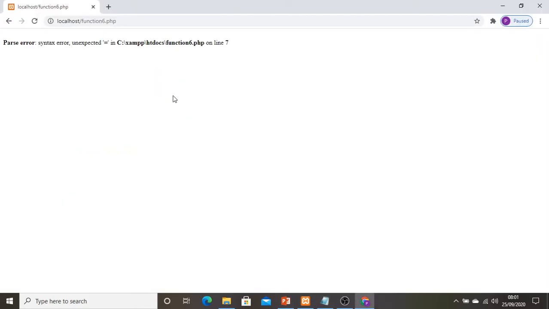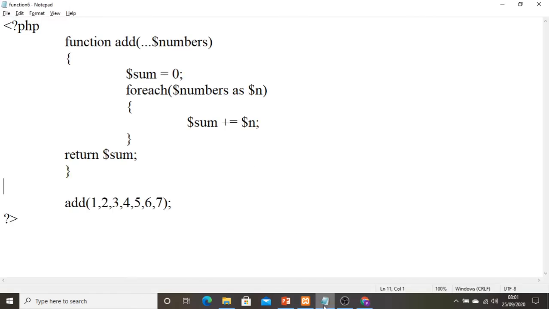Let me go back to my browser and check. Okay, it is showing empty. It should show 10. I think I have missed one statement.